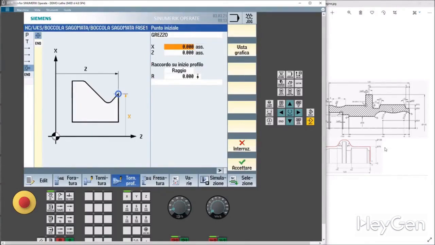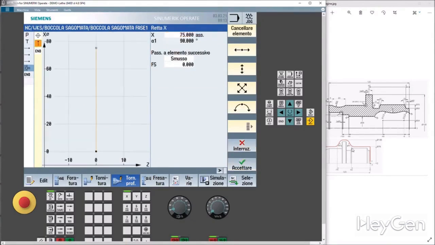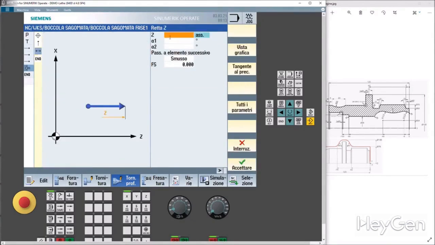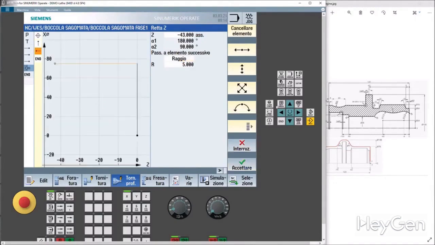It starts from Zero, which is this point, and we're going to define a size for the blank. So we go up to X75. We accept. We go to Z43. And we tell it that we're about to finish with a radius that isn't specified here. We'll specify it ourselves. Radius 5, because otherwise it's a diameter of radius 5. We accept, and we go